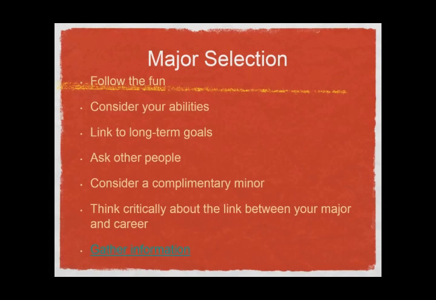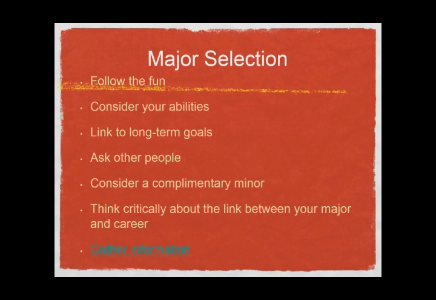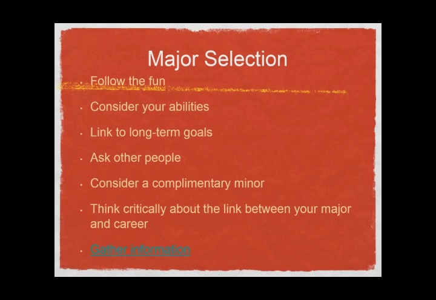You want to also make sure that your major selection links to some type of long-term goal. So your choice of major can fall into place once you determine what you actually want in life. So before you choose a major, back up to a bigger picture. Do something like listing your core values, things like contributing to society, achieving financial security and professional recognition, enjoying good health, making time for fun. And then consider how that applies to the goals that you want to accomplish in 5 years, 10 years,